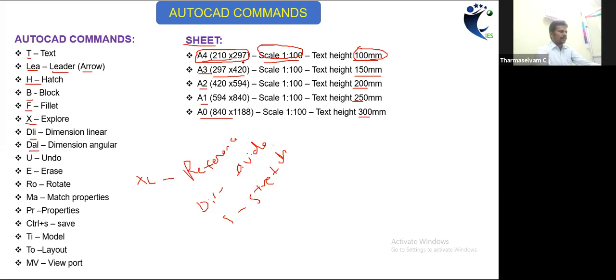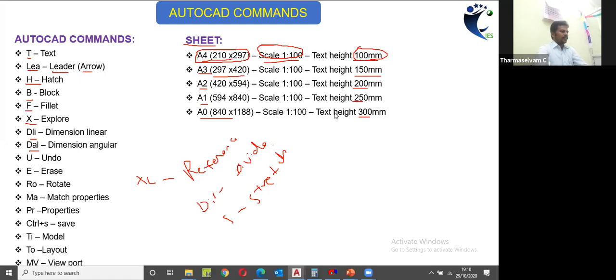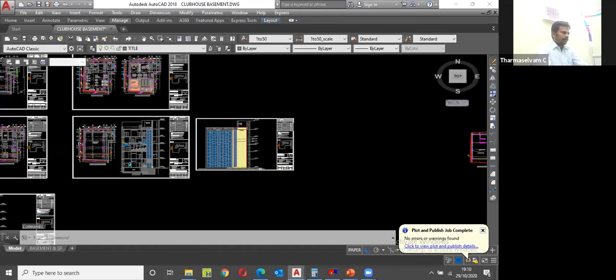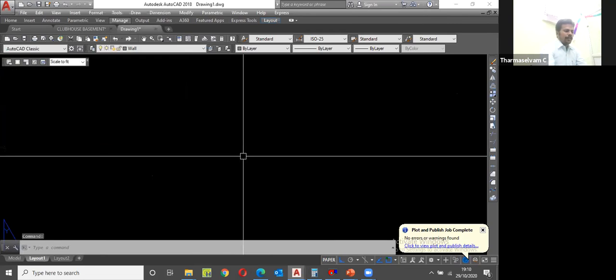Yes, Prasad, in your system the scale is coming in inches and feet. Okay, first, Prashant, you should set the unit: UN, enter.